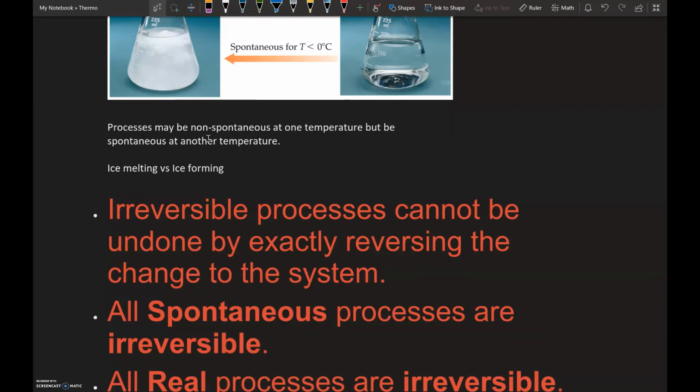All real processes are irreversible, so the nail rusting is a spontaneous real process. Ice forming at lower than 0 degrees Celsius would be spontaneous. The ice is not going to melt, because once it's formed at that lower temperature, it can't be reversed at that point. The only way to reverse it is to take it out of the freezer, put it on the table, and then it becomes spontaneous in the other direction. So it can't go backwards once it's formed, either the solid or the liquid. Those are also considered irreversible spontaneous processes.